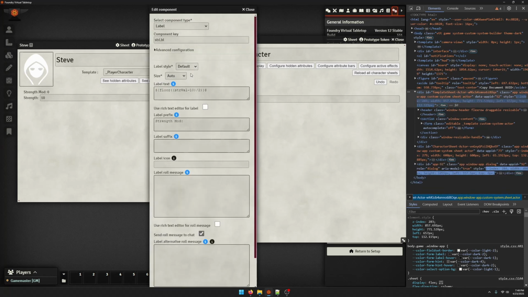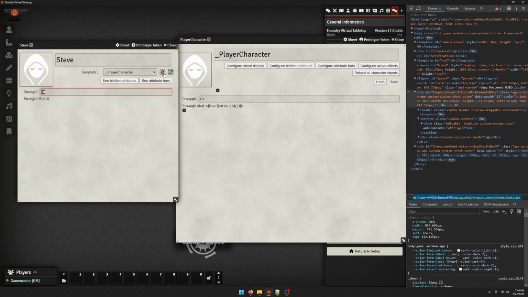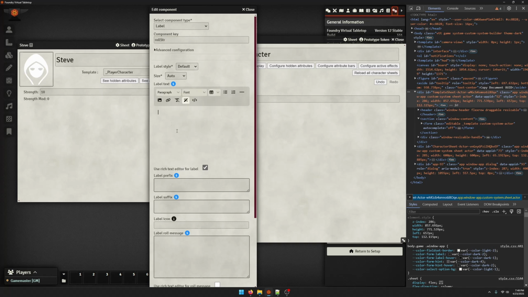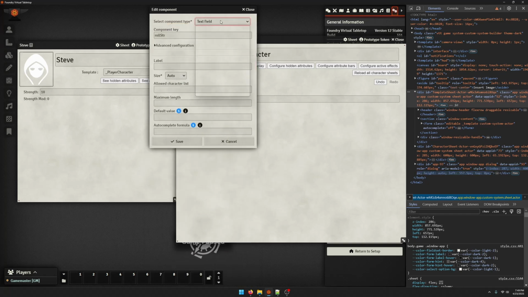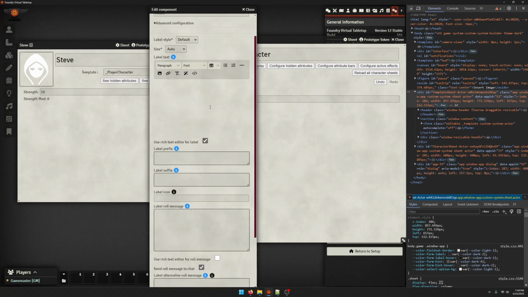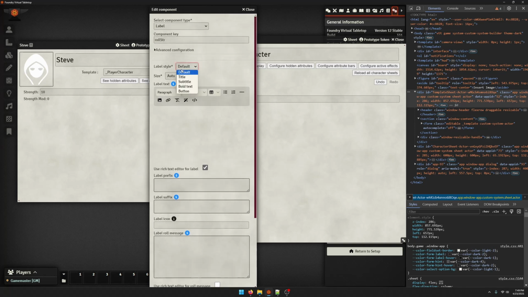And let's actually rename the component here to now strength mod, because this is going to come in handy in a second, because we're going to make a button that says roll strength. So we're going to say roll str component key, and we're going to say, did not mean to click that, sorry. Let me close out of that and open it back up. Just get back to the default. No. Okay, that's fine. All we're going to do is change this to a button,